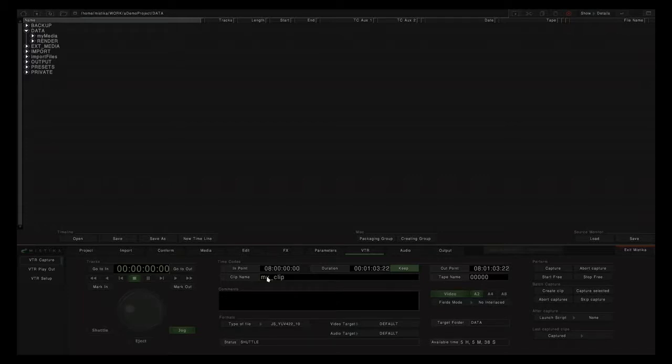Just something we can refer to it from in the media browser later. And of course we can add in any comments we like to. We can also specify the tape ID, which can be alphanumeric. Also, when we're setting our capture details, we can choose which channels we're going to capture, whether we're capturing video,